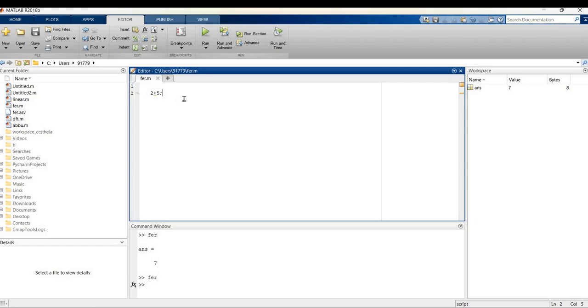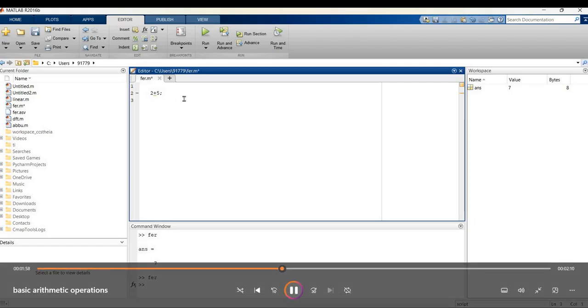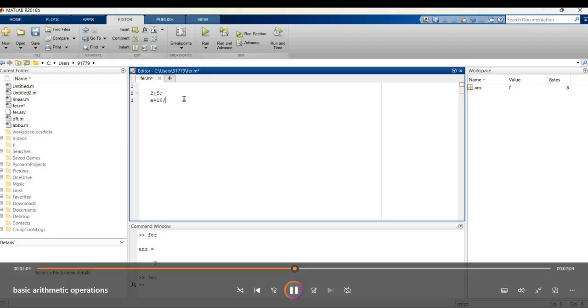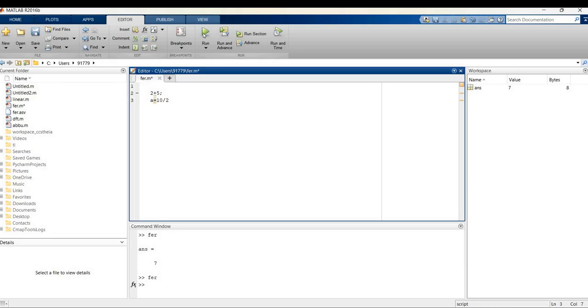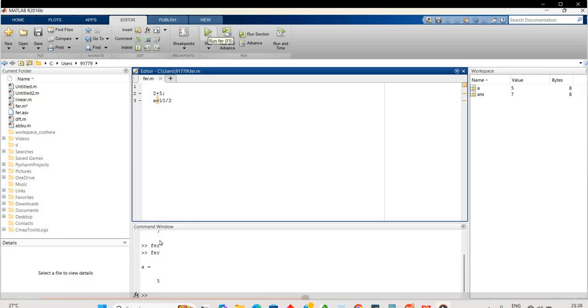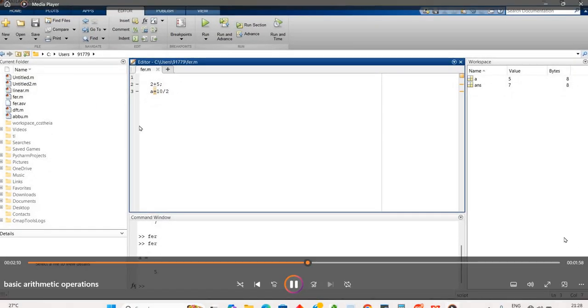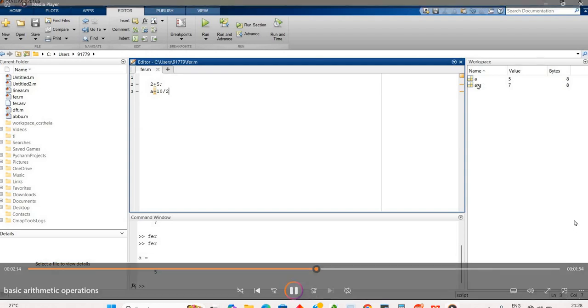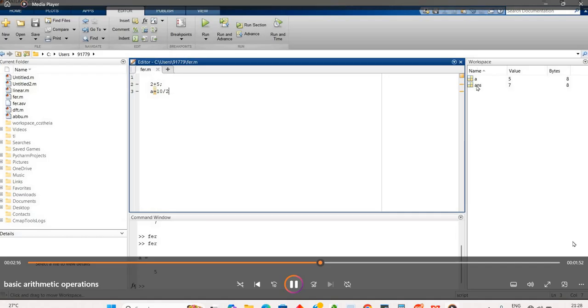Okay, now suppose next I have A. A is equal to 10 divided by 2. Okay, run it. So the answer is displayed in the command window as I have not put any semicolon, and also it is stored in the variable A in the workspace.